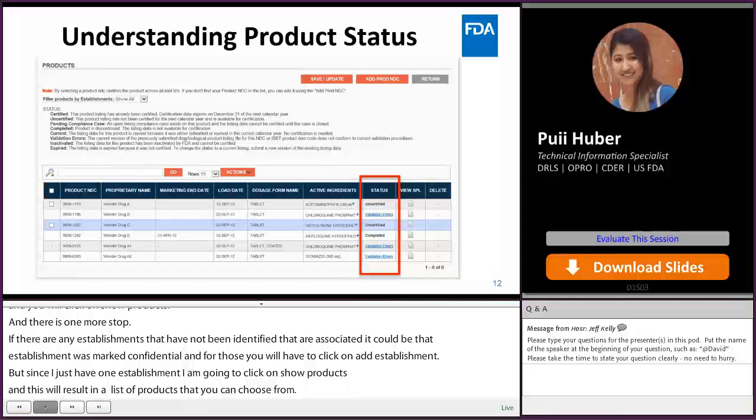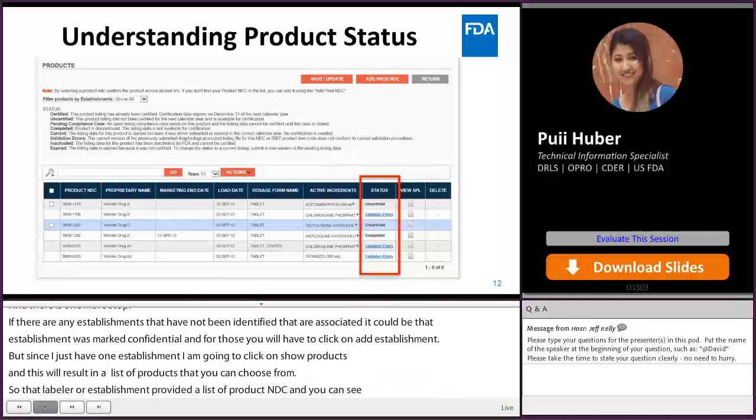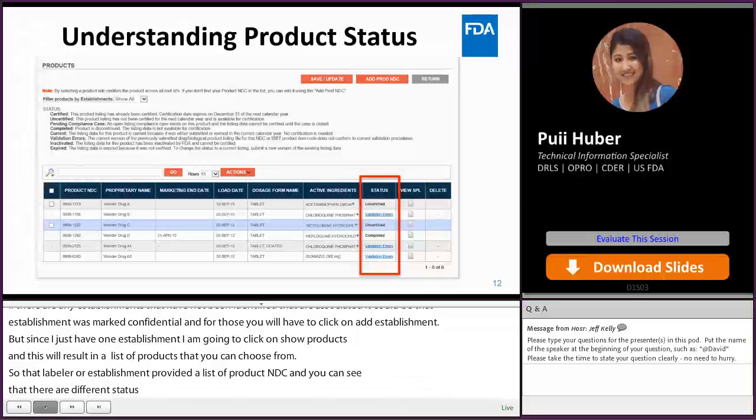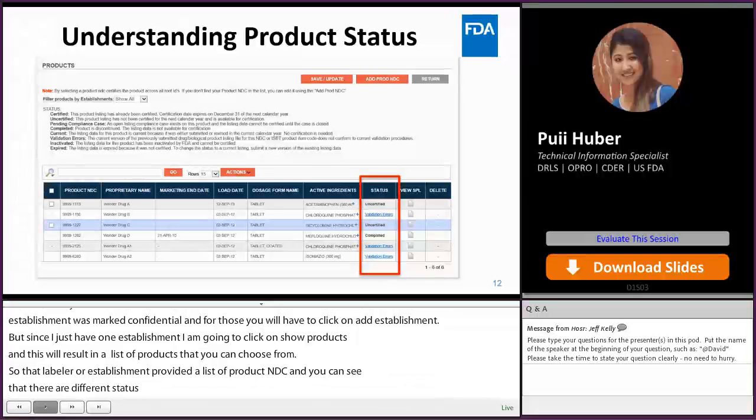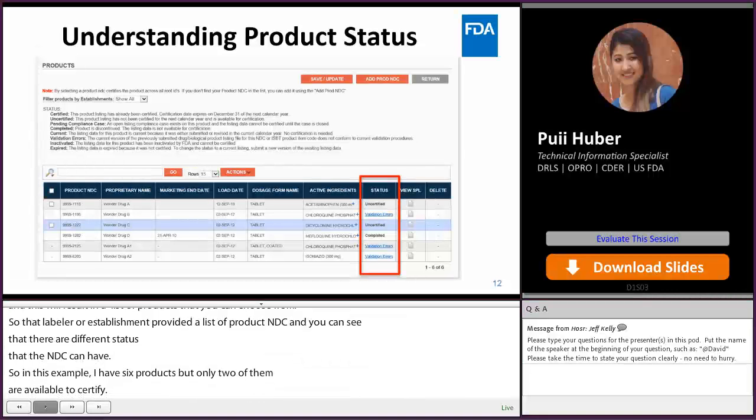So in this particular example, I have 6 products, but only 2 of them are available for me to certify. As you can see here, only 2 of them, Wonder Drug A and Wonder Drug C, are the only products that I can certify. There are 8 statuses you can have. So I'm going to quickly go over the different statuses